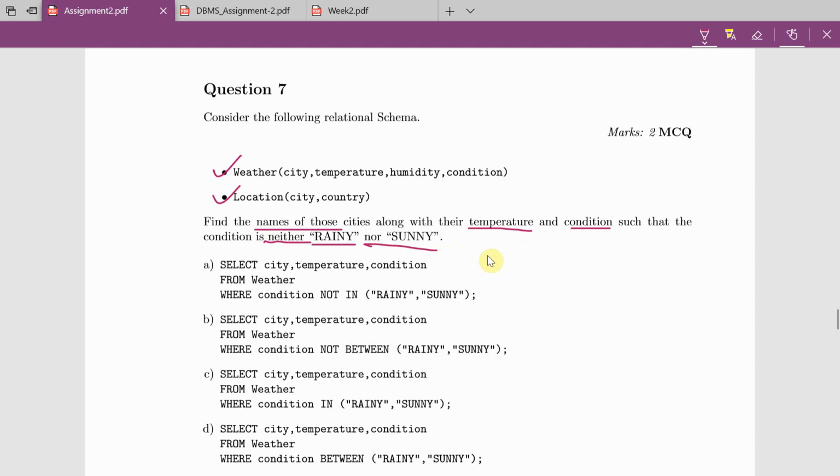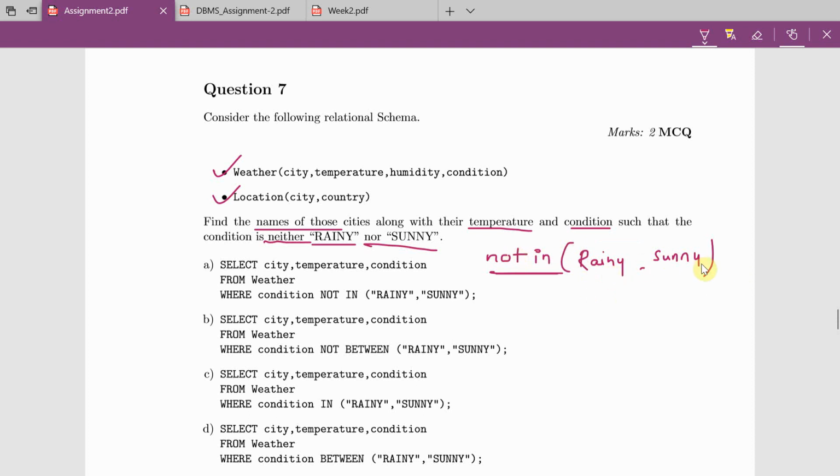Neither rainy nor sunny we can specify by using an operator called NOT IN. It means it should not be the rainy condition, it should not be the sunny condition. NOT IN will check whether a value is in the set or not.